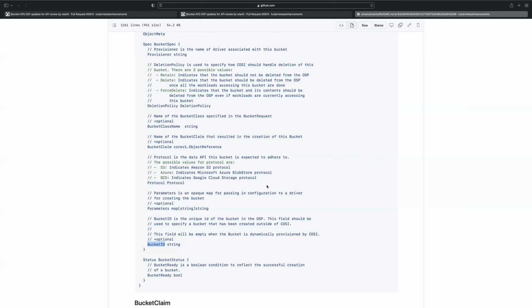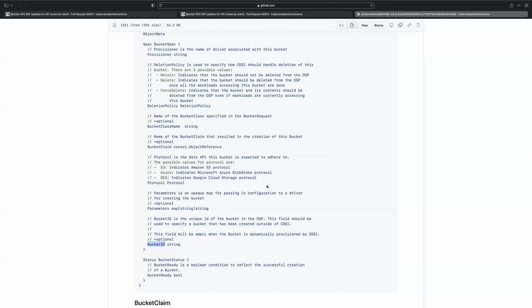Okay, so I have some proposals for names. I think I'm convinced on having two fields as long as they have different names. So source bucket ID and created bucket ID. It's not a symmetrical name as in source and created.